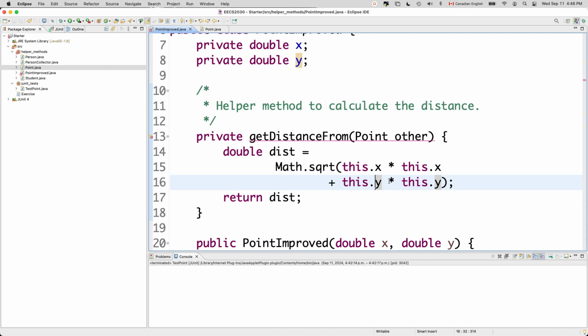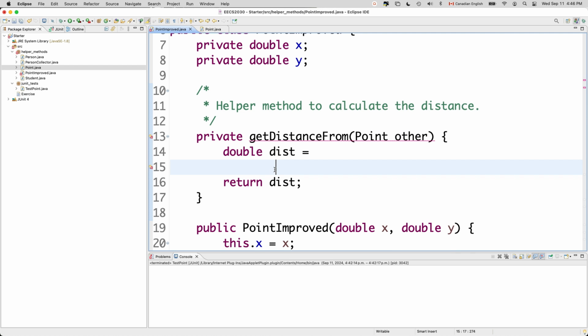Okay, and then this will be other. Sorry, did I miss anything here? Let me do it again. So math square root. Let me do it from scratch, otherwise I'll confuse you. Square root of,